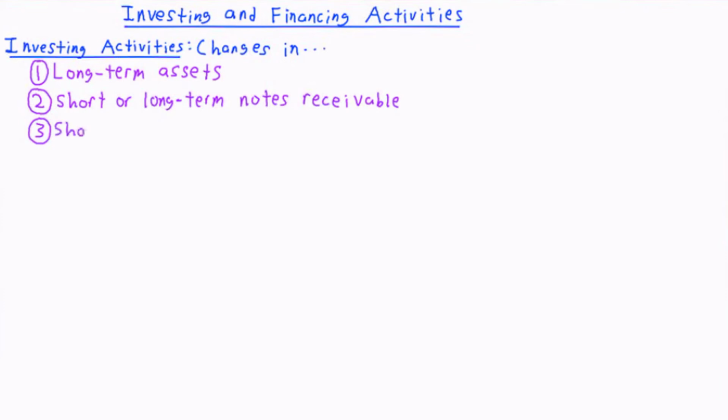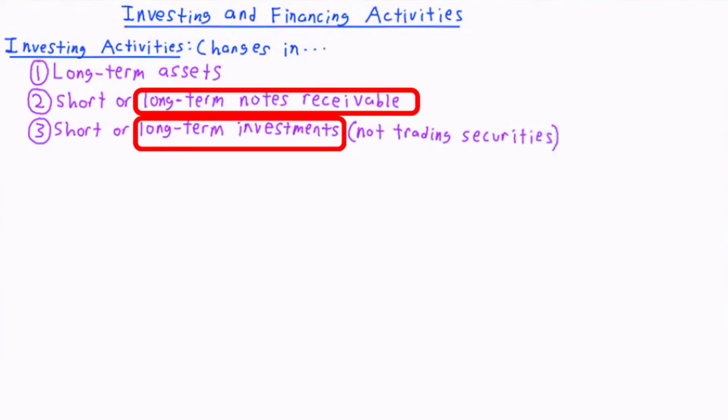You should be looking for cash related to changes in 1. Long-term assets like equipment, buildings, or land, 2. Short or long-term notes receivable, 3. Short or long-term investments not classified as trading securities. Now I've kind of double counted here because long-term notes receivable and long-term investments are technically long-term assets which are covered in the first category, but I just wanted to be really clear that the long-term versions of these assets